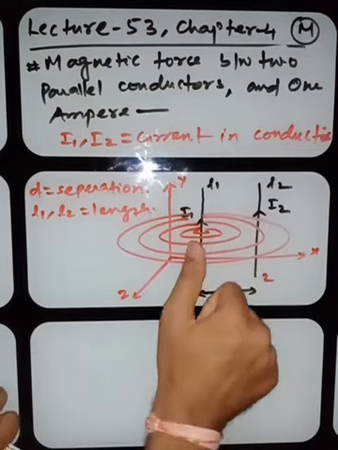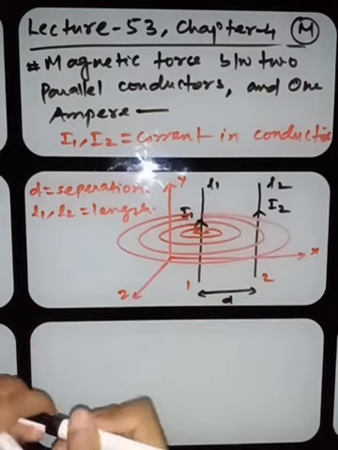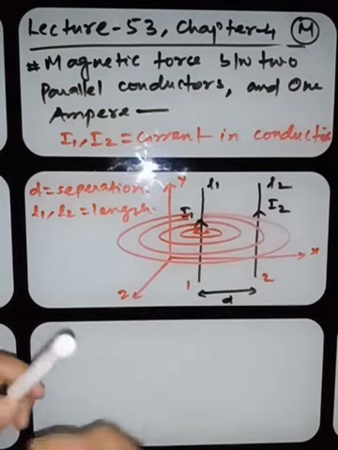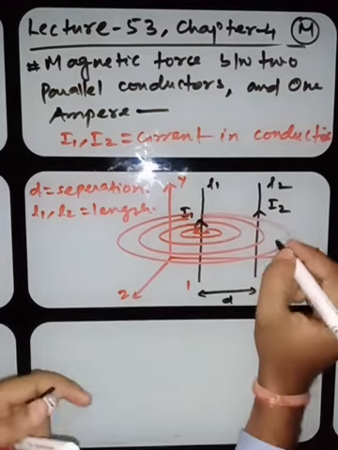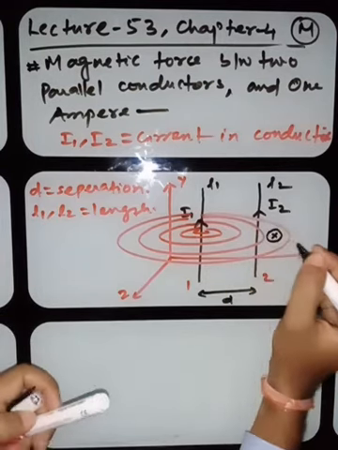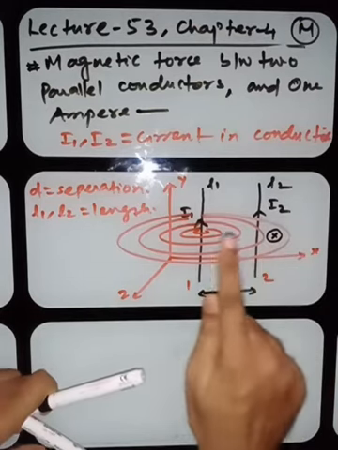You can see the current is flowing through this conductor in the upward direction, so the magnetic field will be downward. Here the magnetic field will be downward for this conductor, that is cross. If you see the magnetic field due to this conductor, you can see this will also produce a magnetic field,